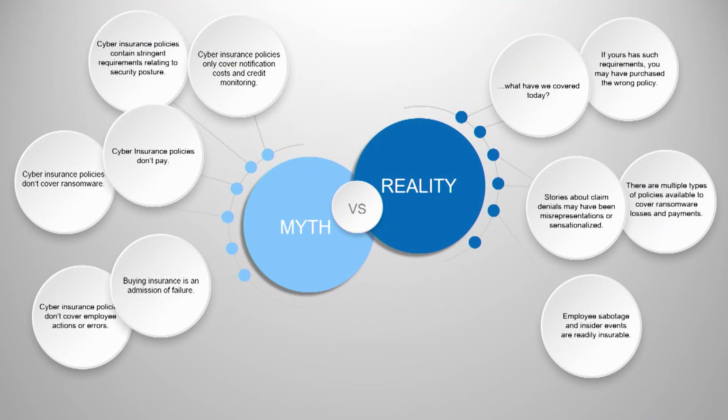So the admission of failure conversation is really interesting to me. If you go through this conversation where you do a tabletop, you quantify your risk, you go back to executives and say, here's what we've quantified, here's what we're covered for, you've actually managed that problem. And would you rather manage that problem and be able to have that conversation, or would you rather go to